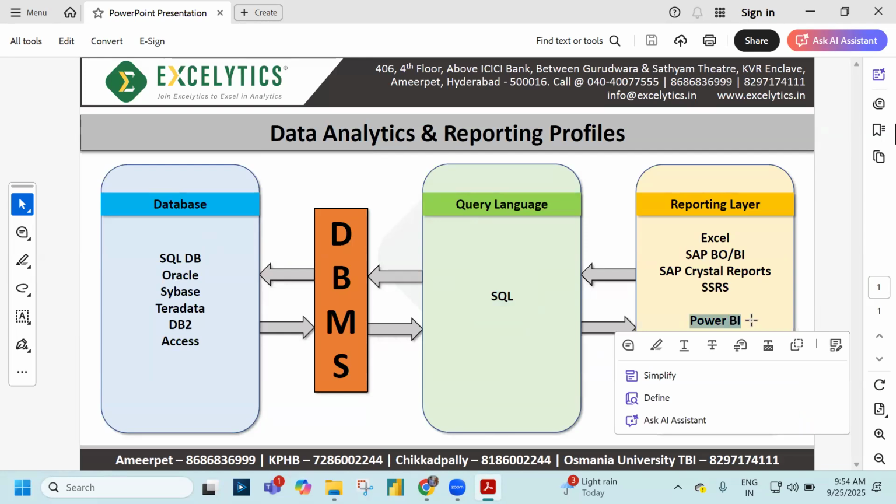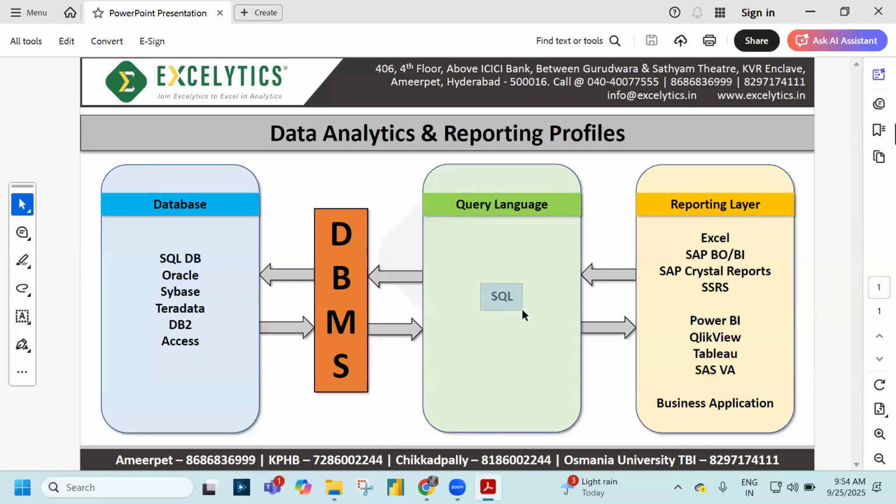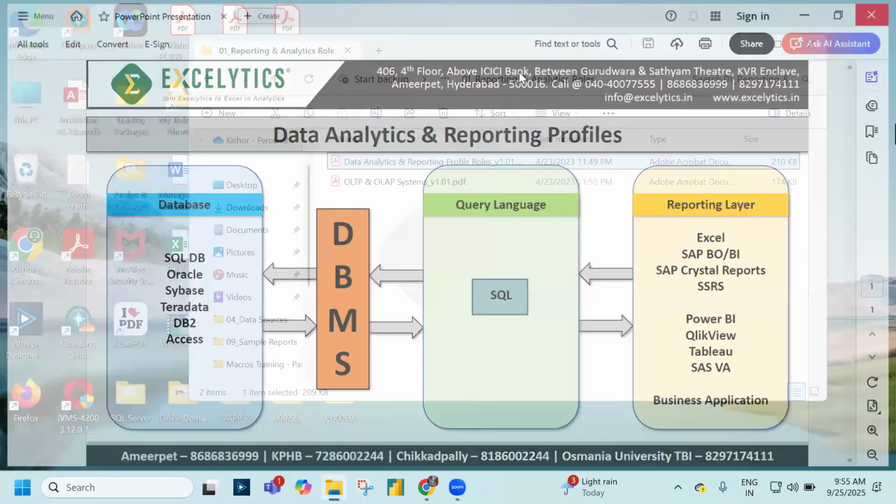Okay, so you may get a question, if I want to connect to the SQL database, SQL Server database, do I really need to learn SQL? Yes, a few commands are definitely recommended, but not everything. Okay, so a few things that you definitely need to understand before connecting to a server to get the data from a database server. Okay, so we'll talk about that one by one. Yeah, so let's move on to